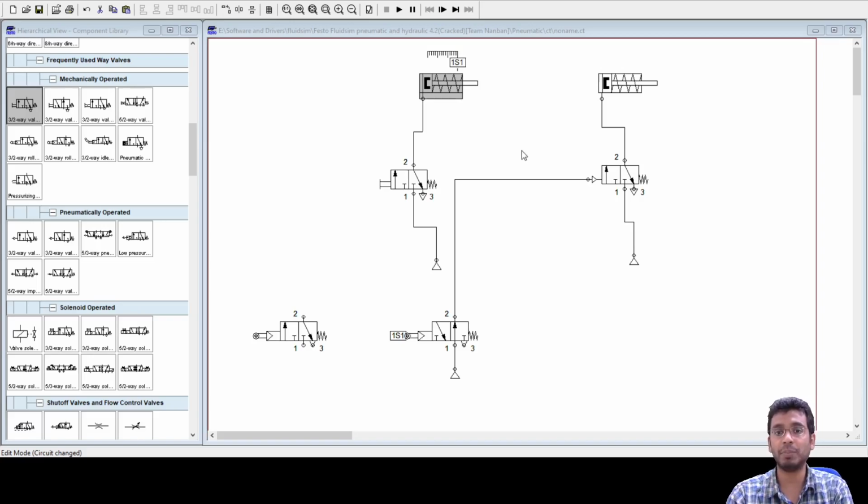If 50 is my stroke length here, that means I can go up to a maximum of 50 to detect my stroke length. If I put my beginning position to be 50 and end position to be 50, this valve will detect my completely extended position of the cylinder, that is your 50 mm. Did you get it in your software? Just try to check once.